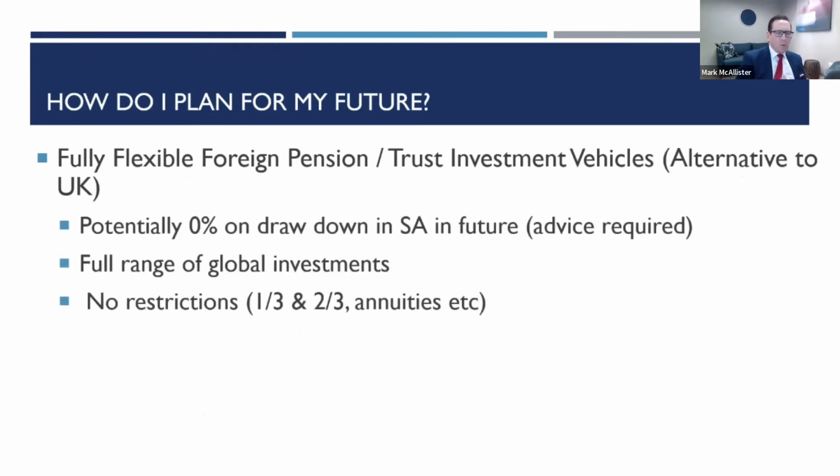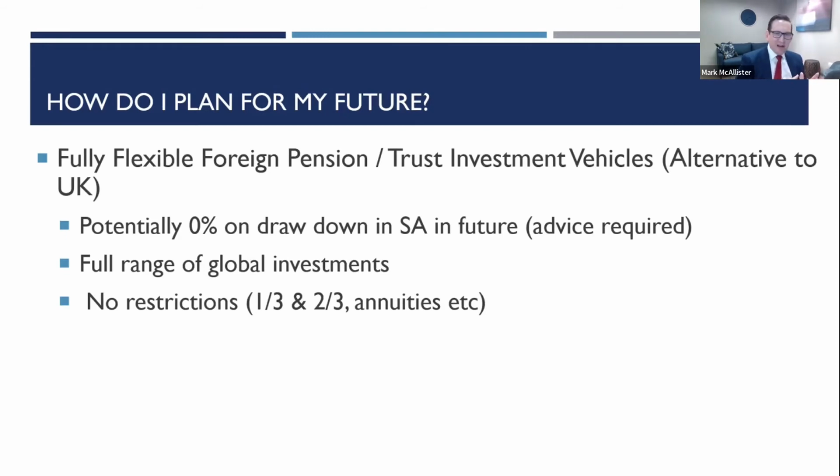So then the question obviously is, how do I plan for my future? If I'm going to go and work as a contractor, or in an agency arrangement or whatever it is, how do I make sure I am planning for my future responsibly? One of the things that's an alternative to a UK pension vehicle is some very good offshore equivalents. By offshore, it's predominantly places like the Isle of Man and the Channel Islands and what have you. What does it mean in a nutshell? It means that you could potentially contribute in and then draw out a very tax efficient amount in the future, but that's on a case-by-case basis. You've got full range of access to global investments, but the best bit really is no restrictions.